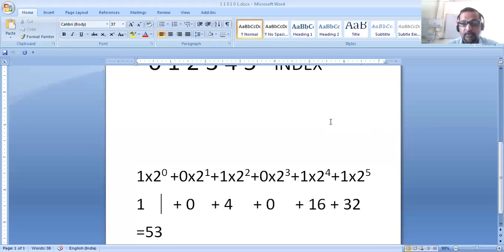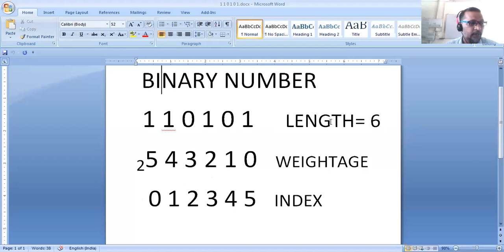See here, suppose this is a binary number: 110101. It has length 6 and the weightage of the last 1 will be 2 to the power 0. Then 1, 2, 3, 4, and 5. The index will be 0, 1, 2, 3, 4, 5.